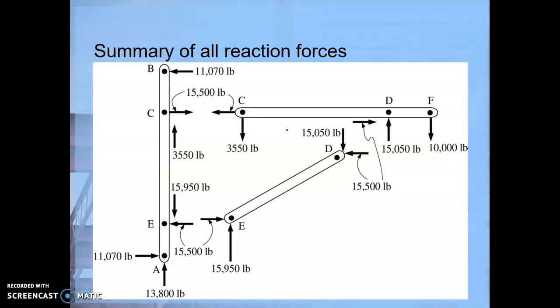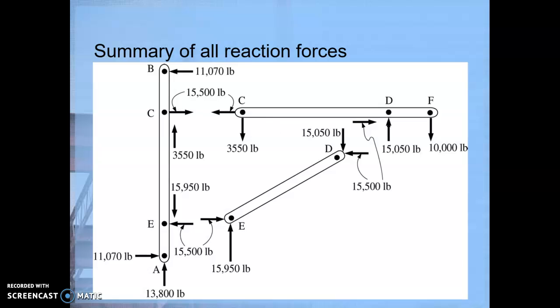So here is the final result, a summary of all the reaction forces in the diagram. And again, let's look at joint D, for instance. It pushes up against the boom with a force of 15,050, which means that it must be pushing down against the brace with an equal force. So the sense or direction of these forces, the reaction that the pin has on the frame member, is opposite, meaning that if we look at joint C, for instance, the pin was pulling the horizontal boom to the left, which means it's pulling the post to the right. So every pin connects two framing members together, and the reactions it has on those framing members are in opposite